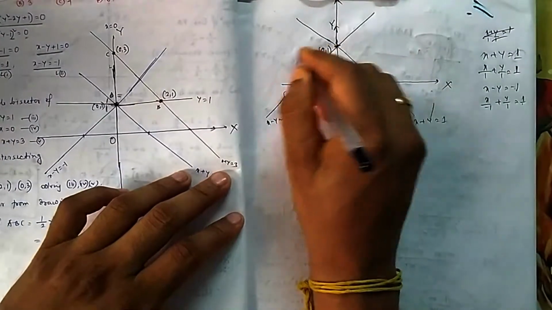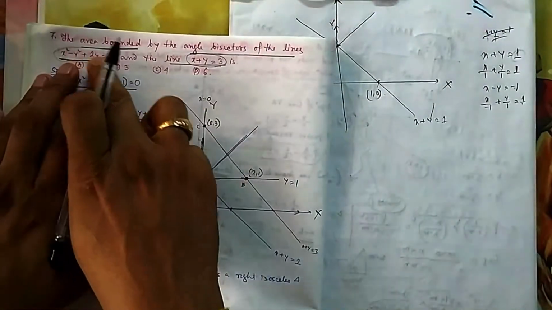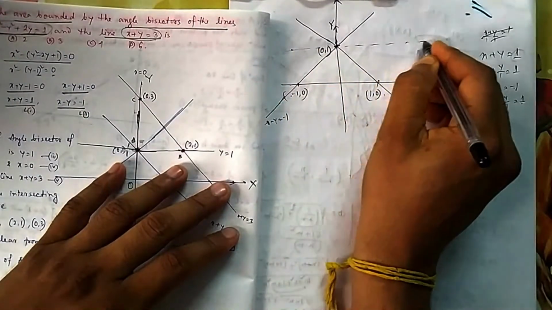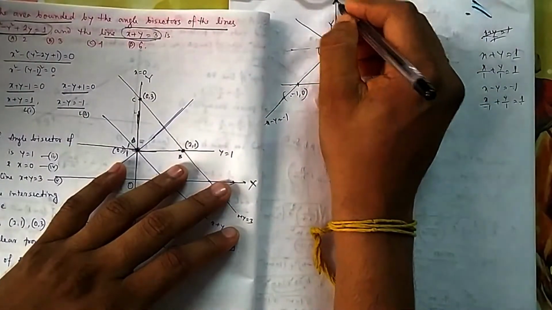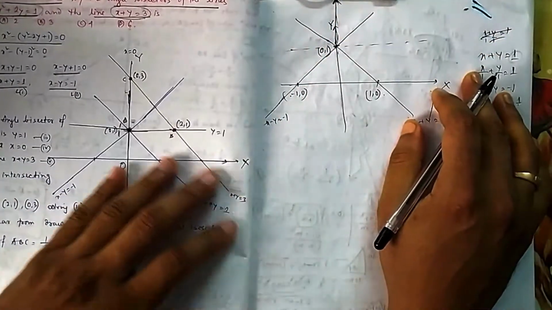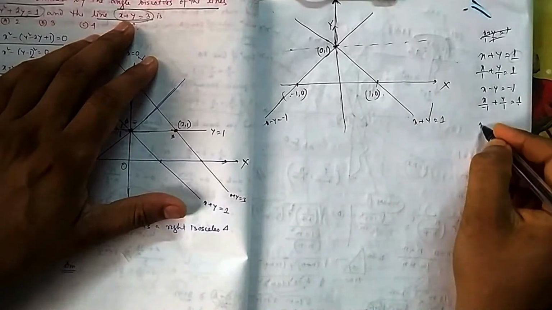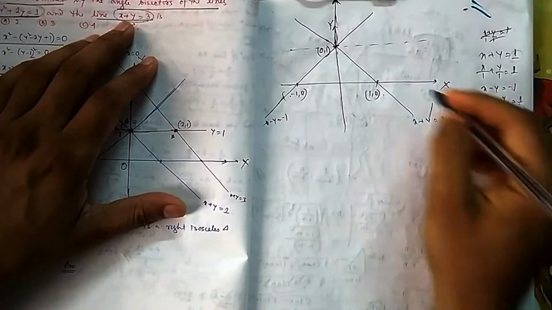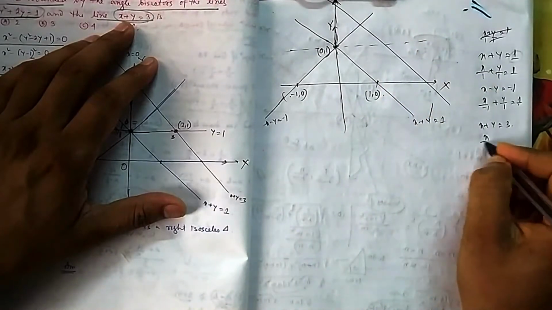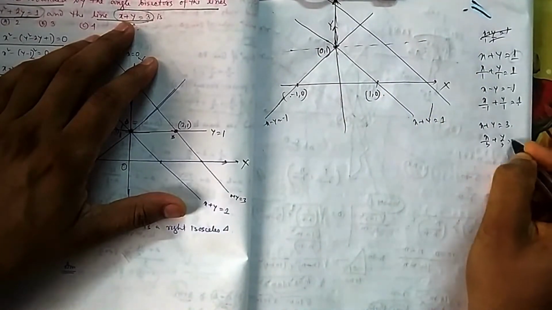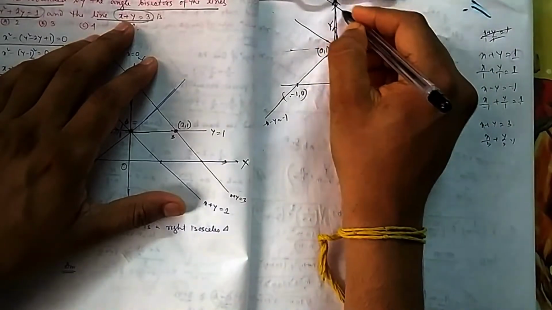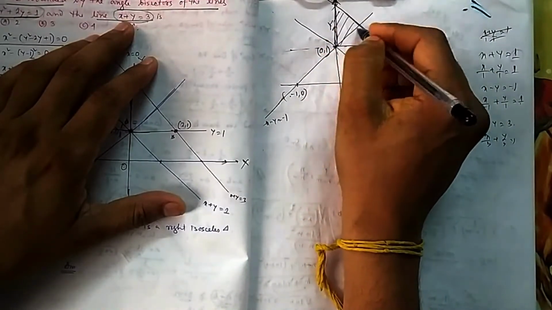Now the angle bisectors of these two lines. One angle bisector is this line. From the figure itself you can see one angle bisector is this line, or we can prove it also, that we will do later. And then this line x plus y equal to 3. Where will this line be? It will be somewhere here, because it is x by 3 plus y by 3 is equal to 1. So this is (3, 3). This triangle they are asking about, you can see from the figure itself it is a right angle triangle.